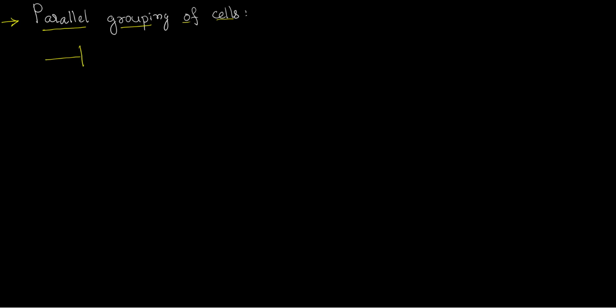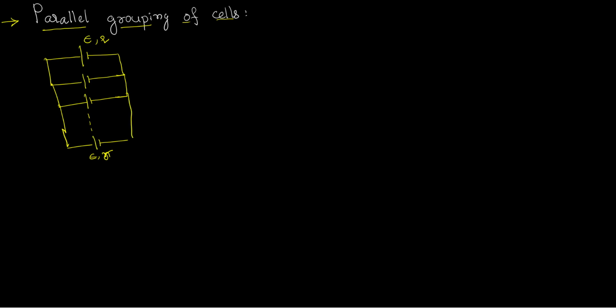This is a cell 1 having some EMF E and internal resistance r. If you connect another cell like this, positive to positive and negative to negative, this is called parallel grouping. You can connect as many cells as you want in parallel grouping. Let's imagine we have connected some n number of cells in parallel grouping, each having an internal resistance r